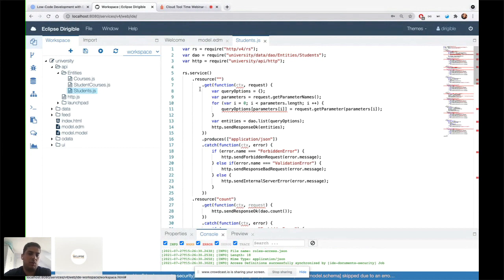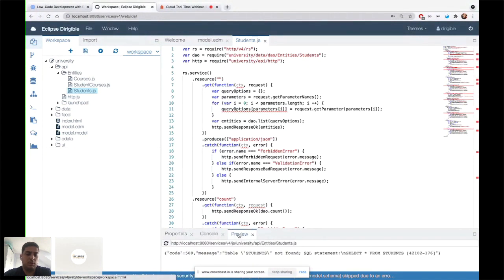We generate a whole application with all the needed artifacts, and if you want, and you could do it, you can actually change the generated code. It's not recommended, we will say, but if for some reason that is needed, it can be done. Of course, the way to extend the REST services is through extension points, and this is what we want to emphasize here. So if this is published